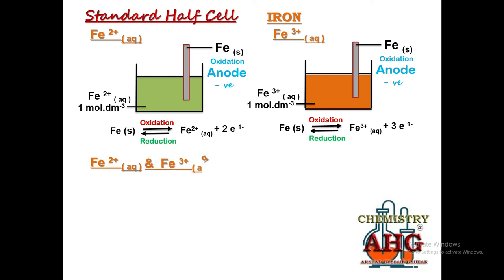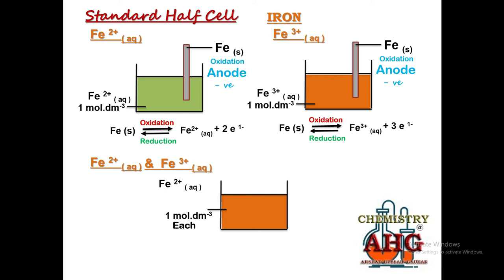Now what you are supposed to do in this case, what is the difference in this half cell compared to the previous two that we have constructed right now? In this half cell, into the beaker you will take 1 mole per dm cube each of iron 2 and iron 3, both solutions must be present in this beaker. Now what is the problem? In this case, we want to establish an equilibrium between two ions of iron. Fe2 plus must be in equilibrium with Fe3 plus.